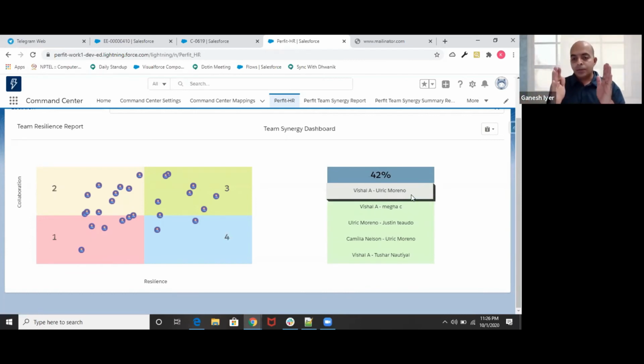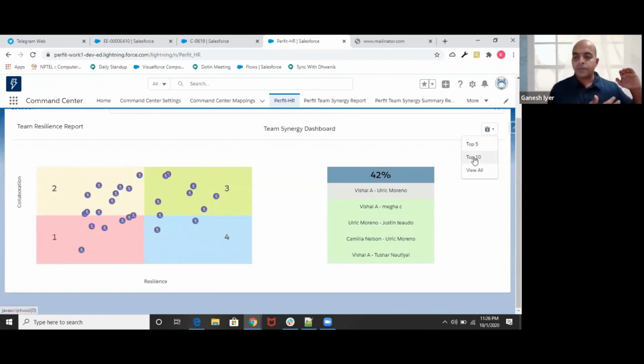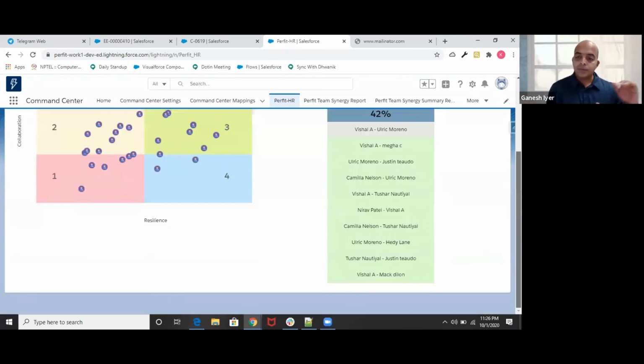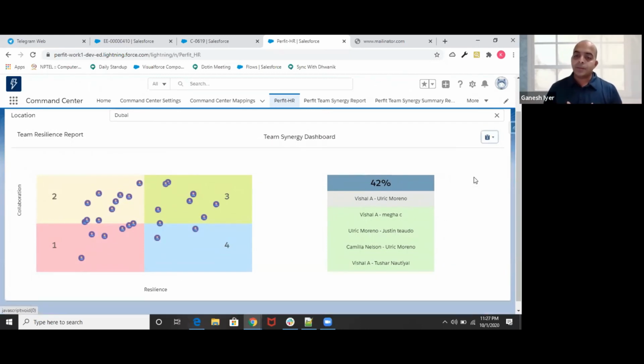And not only do you get that, here you get a view which shows between two people where the disengagement is in a prioritized fashion. And here you also get a chance to identify within a list of 5, and that's what you would see here on the top right side. You would see the menu to identify either top 5, top 10, or even view all. So here we are picking top 10, which is showing in a prioritized fashion between two people in a team where the maximum disengagement is.